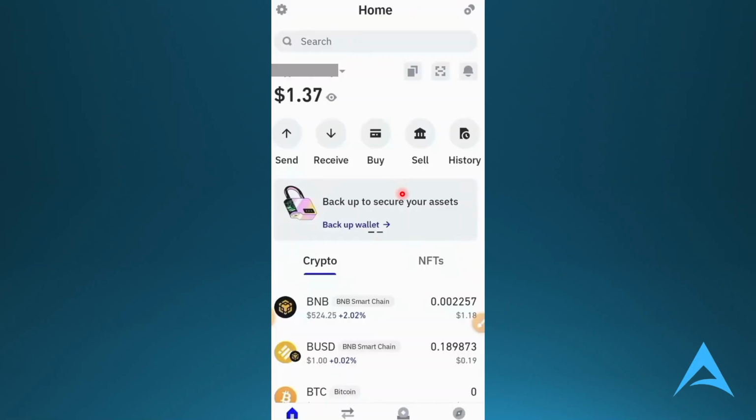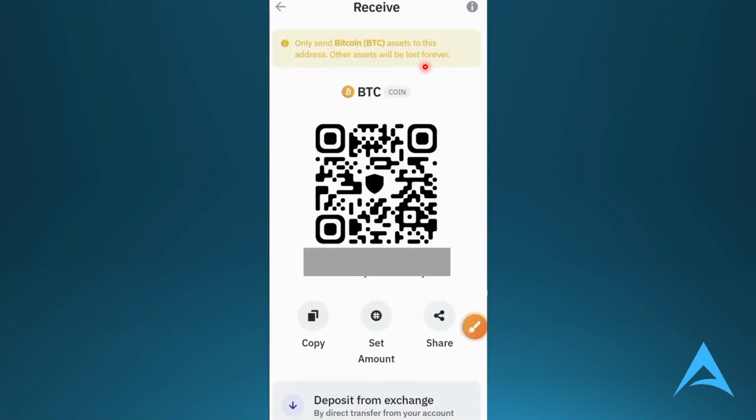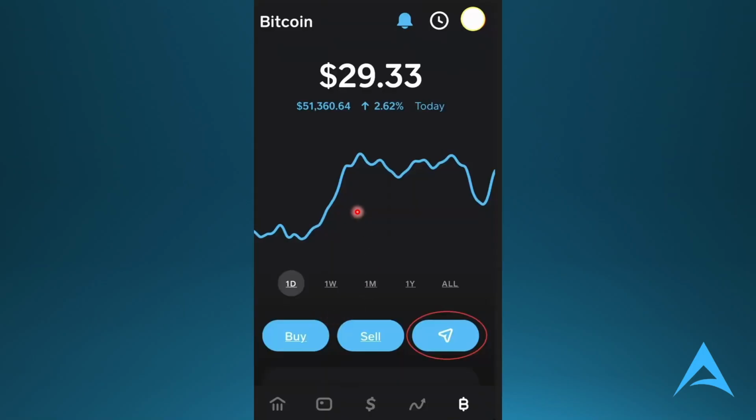First thing I want you to do is launch up Trust Wallet, come here, tap on receive, and then just go ahead and choose your crypto you want to receive, in this case the Bitcoin. And this is your wallet address, so copy your wallet address, and then I want you to launch up Cash App, go to the Bitcoin